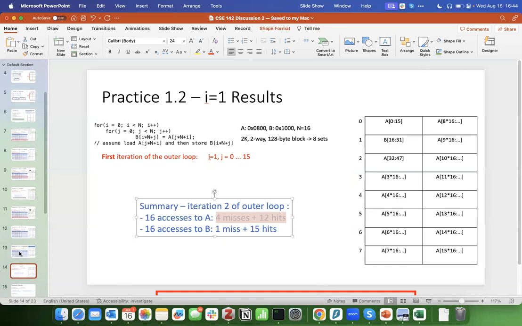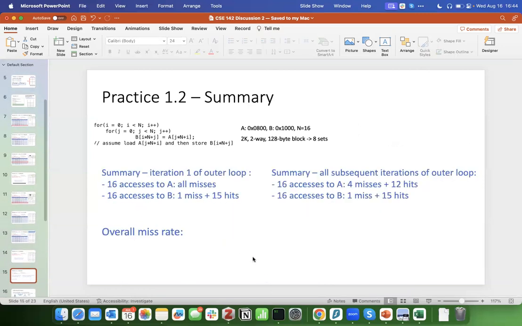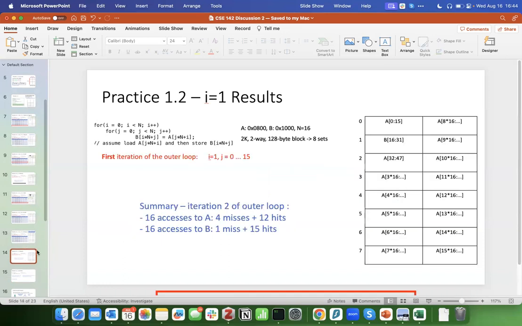And based on the pattern you found, eventually what I found is in the first iteration, I have one behavior. In the second iteration, I have a different behavior. And actually the behavior of the second iteration applies to all the subsequent iterations of the outer loop, right? So there's no need for you to manually analyze the third outer loop iteration, the fourth outer loop iteration, and so on. And the reason why I reached that conclusion that iterations 2, 3, 4 will behave identically is because